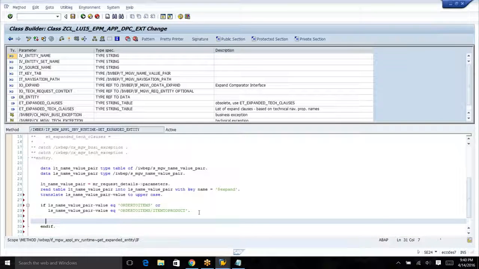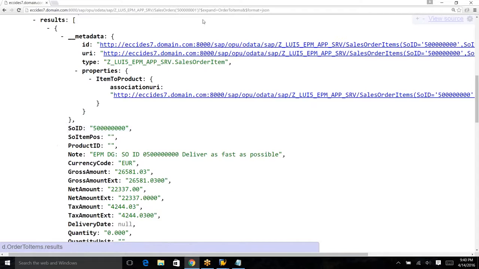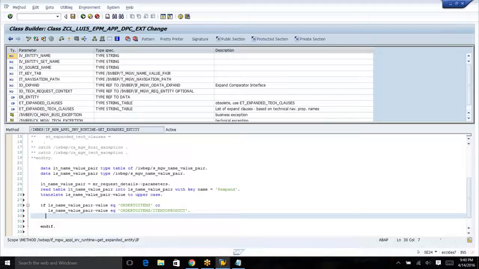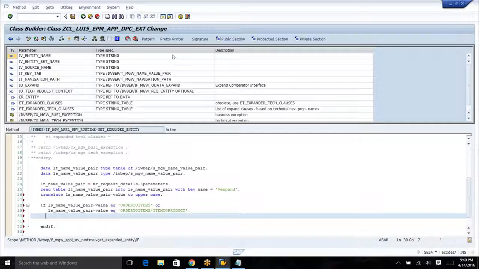In either case, I will show you how to do this. Where we receive the sales order that we have passed in, since it is the source, we get this information in the IT underscore key tab. I think I don't need to explain why you receive it, because whatever you have passed in the first source, you will receive in the IT underscore key tab. What I'm going to do is,